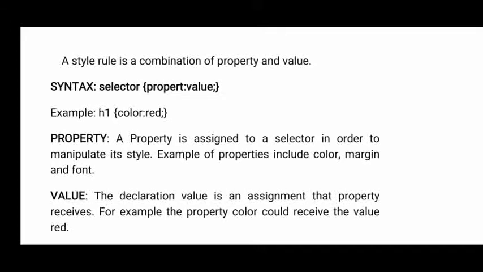Okay, so a selector is nothing but an HTML element or any anonymous class to which you want to give the style. Example, if you want to give a right alignment to the paragraph, in that case paragraph is called a selector, and whatever right alignment you are giving, that is called a property. Align is a property, and what value you are assigning? Right. That right is called a value. Okay, the same thing we used in HTML, we are writing in CSS, that's it. But the way you are writing is different.